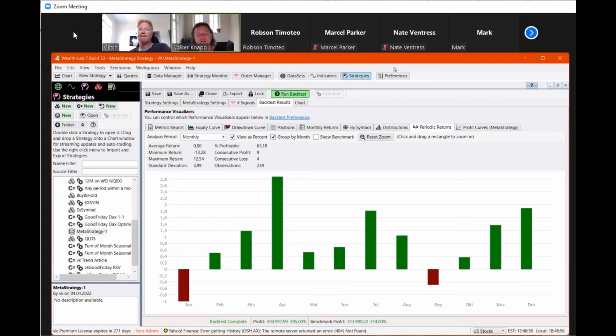This is also an interesting tool, the periodic returns. It shows you in which months you make the best profit. Some people think that is important. In fact, we have a strategy on Worlds Signals called Moon Phaser, and the Moon Phaser is actually